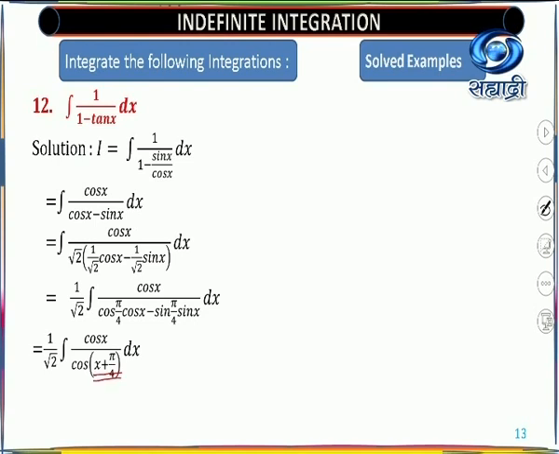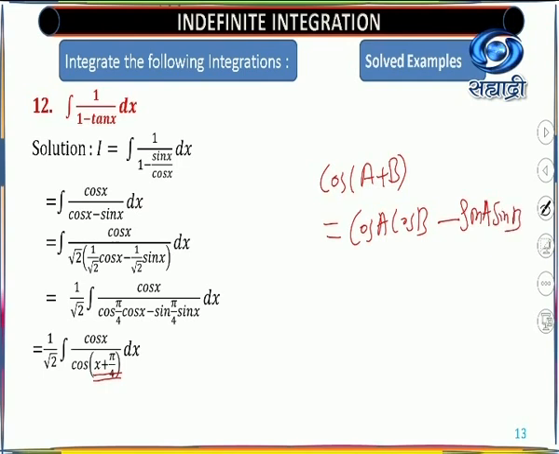So this is the expansion of a plus b, and you have already studied it in 11th standard. What is the expansion? We started with this only. That is cos A cos B. Whenever it is cos with a plus sign, you will get the opposite sign in the middle, and cos is with cos, sin is with sin. And what happens if the sign is negative? If here it is minus, then this sign will be plus. Exactly opposite in the sign.